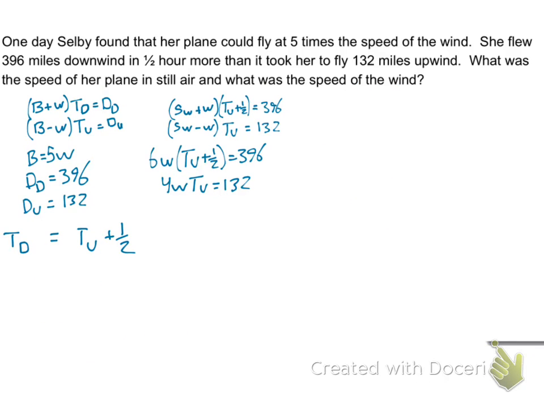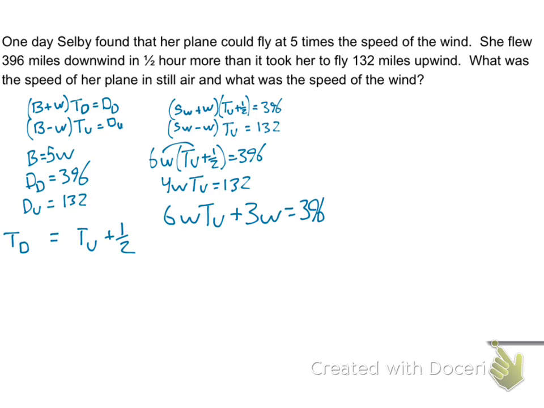A little bit of moving around. This one doesn't seem like I can do too much yet, but I think I could distribute the 6W. So when I distribute that 6W, I get 6W TU plus 3W